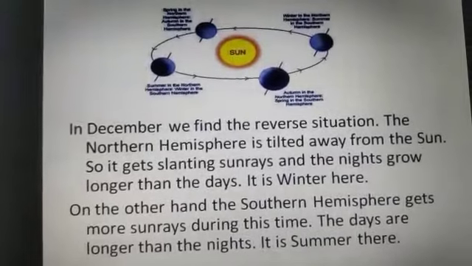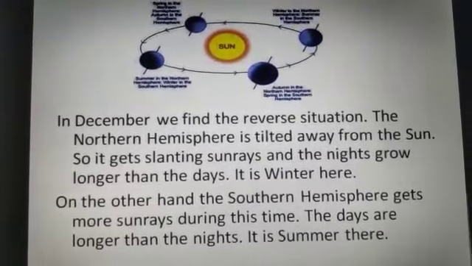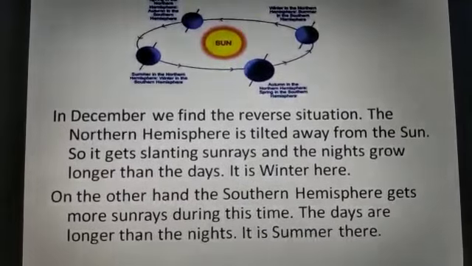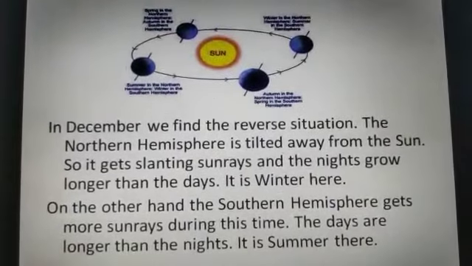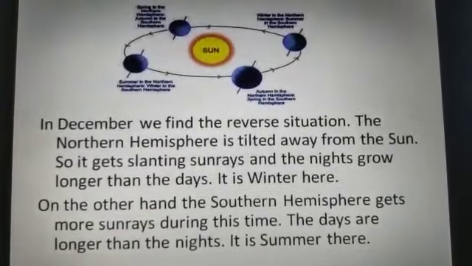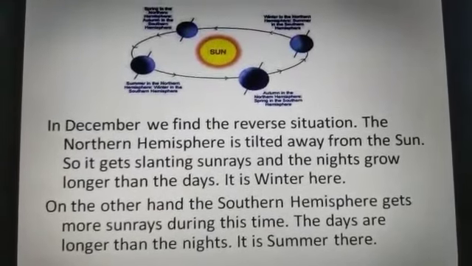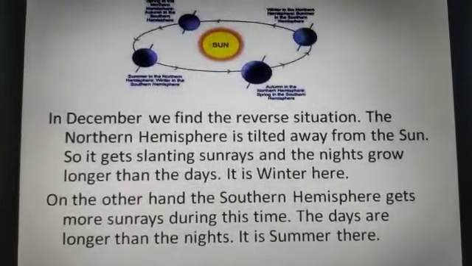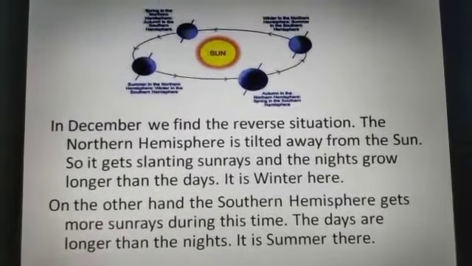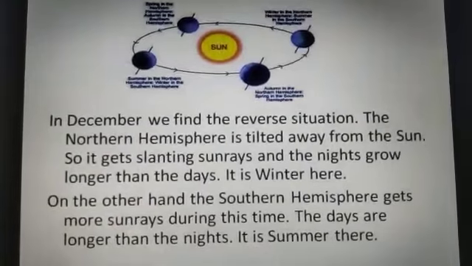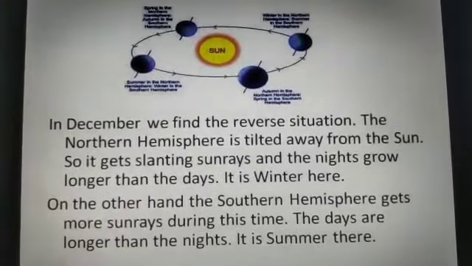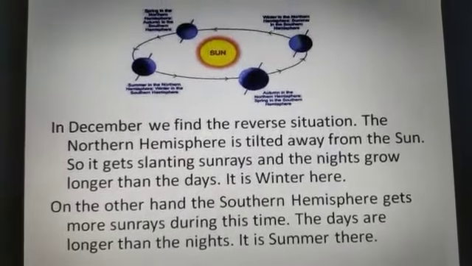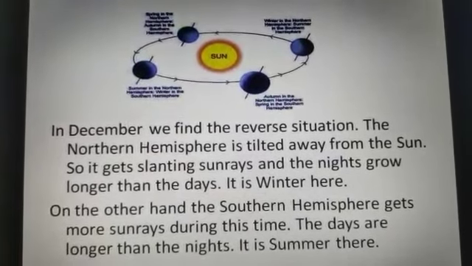Thus, the northern and the southern hemispheres always have opposite seasons. So, you can find out from these pictures how the season changes occur on Earth. In your book, on page number 34, one nice picture is given there. The Earth's movement around the sun and the change of season are there. You can see the picture also on page number 34 of your book.